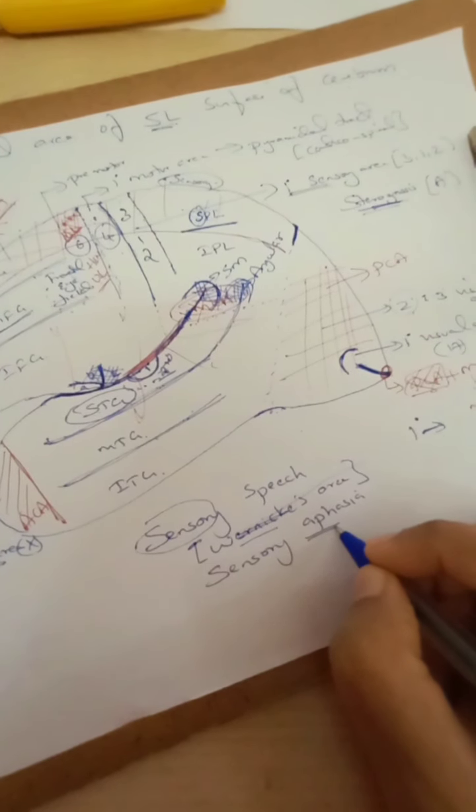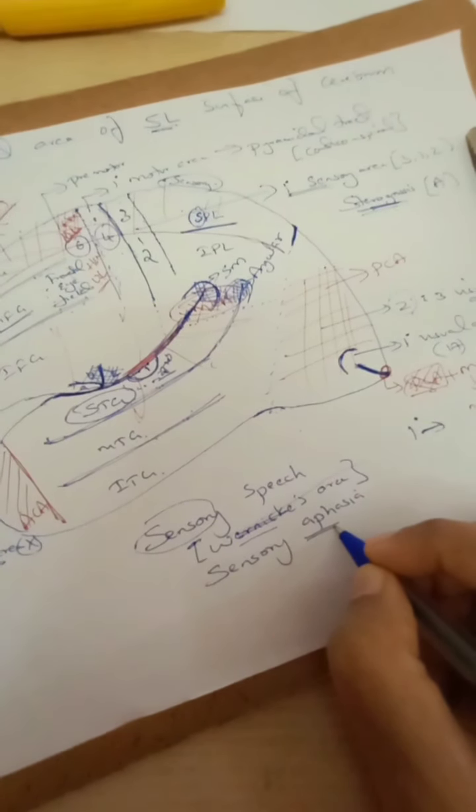In Broca's area, motor aphasia. Yeah, what would happen there in Broca's